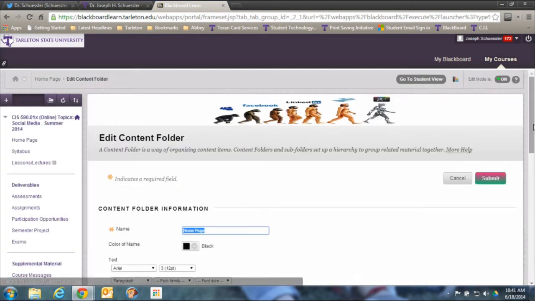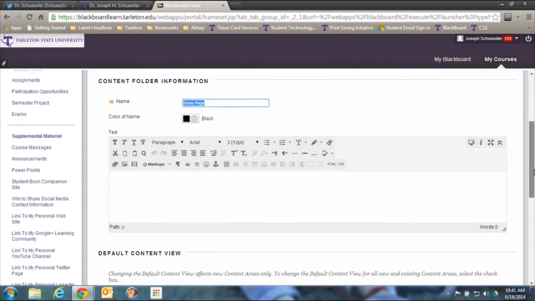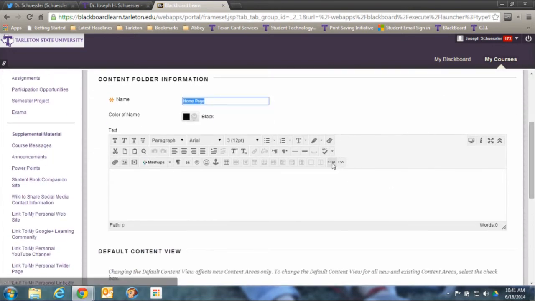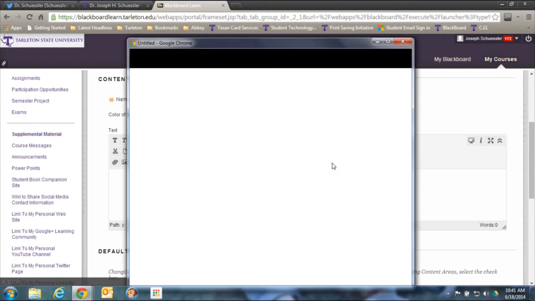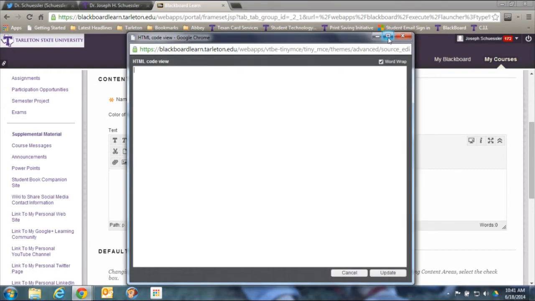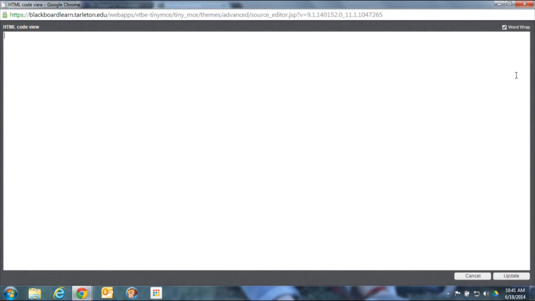So I want to go edit my home page here for Blackboard. I want to look at the actual HTML of that code. Now, you don't have to know HTML. It's not a requirement. Certainly for teachers that are a little squeamish about stuff like that, especially as it relates